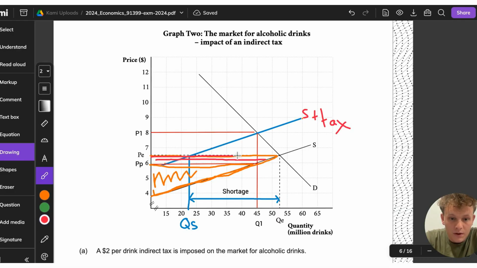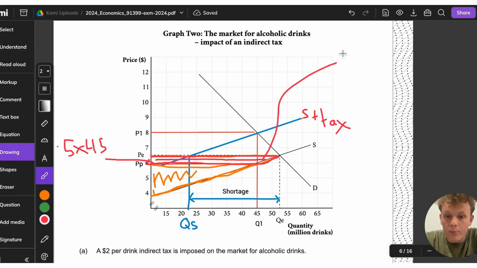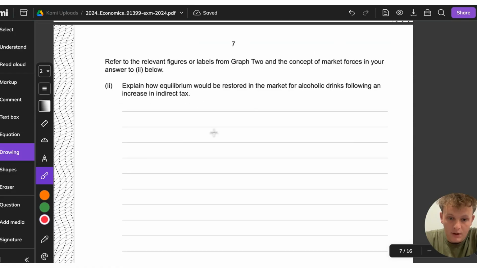And again, we can work it out in a similar way, which is 50 cents times 45 million, plus 0.5 times 7.5 over 2. And then we add those two values together, and we're going to get